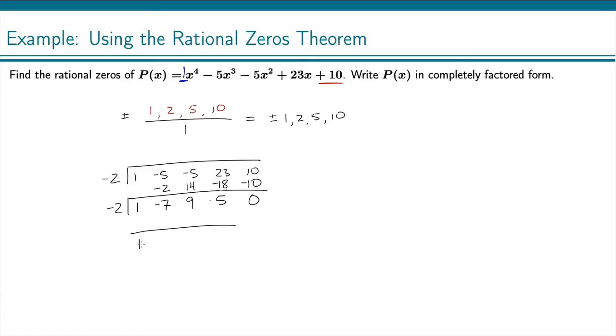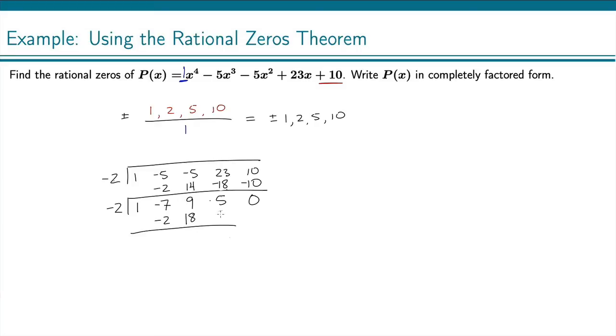We bring the 1 down. 1 times negative 2 is negative 2. Add those, we get negative 9. Negative 9 times negative 2 is 18. Add those, you get 27 times negative 2 is negative 54. Obviously, we are not getting 0 here. So negative 2 doesn't work again. All right, so now we can move on